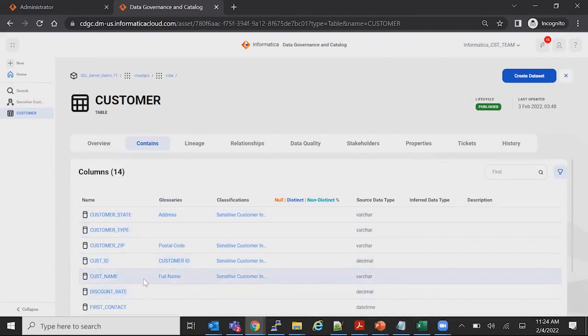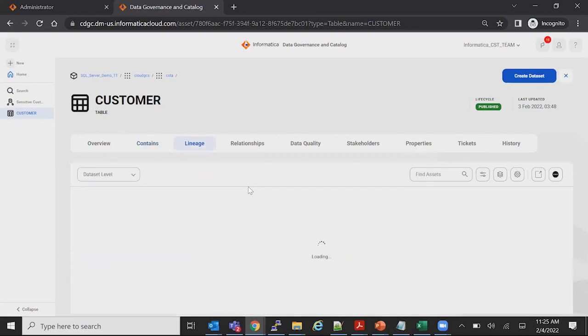This is what my metadata column is all about, and then enrich it with the business terms, which will be helpful for the business people, and then classified based on the rules which have been applied on the sensitive data, and then it is classified as sensitive customer information. Okay, so now with these details, he looks at what is the flow of the data, how my sensitive data is flowing,